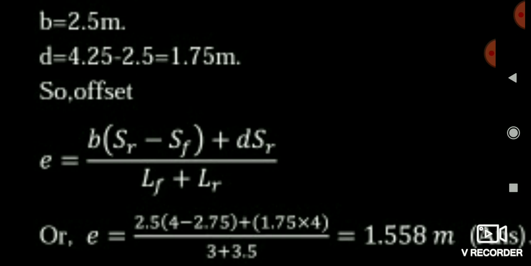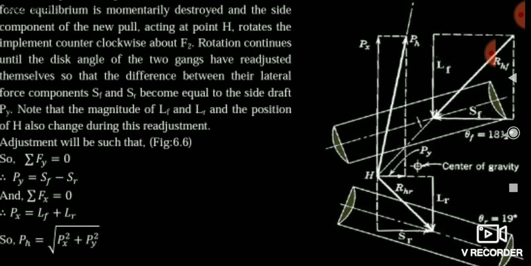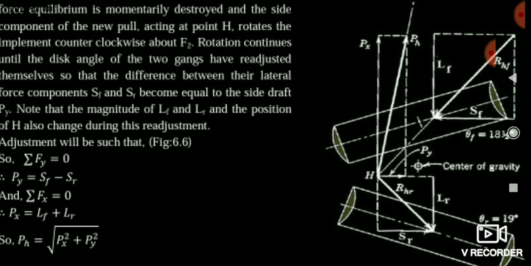फ्रेंड्स, हियर यू कैन सी दैट D is the D into SR. Friends, SR is the horizontal force acting on the rear axis. You can see here the SR. SR is simply the distance between the point of horizontal force acting on the front axis and the horizontal force acting on the rear axis. Means,